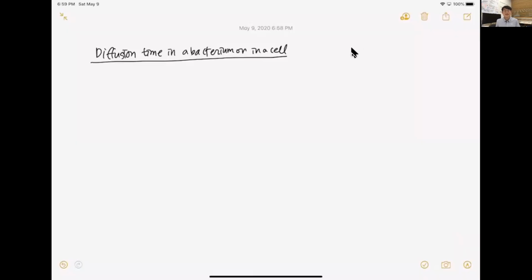So let's discuss the diffusion time in a bacterium or in a cell. Previously, we saw the root mean square of x in one-dimensional diffusion, where the root mean square is defined as the square root of 2Dt. Let's first consider a bacterium,